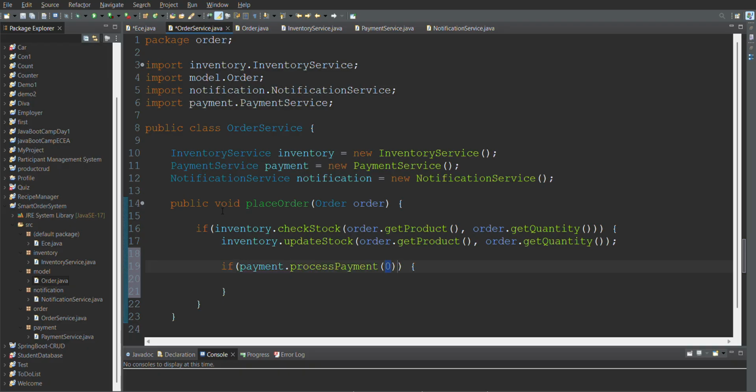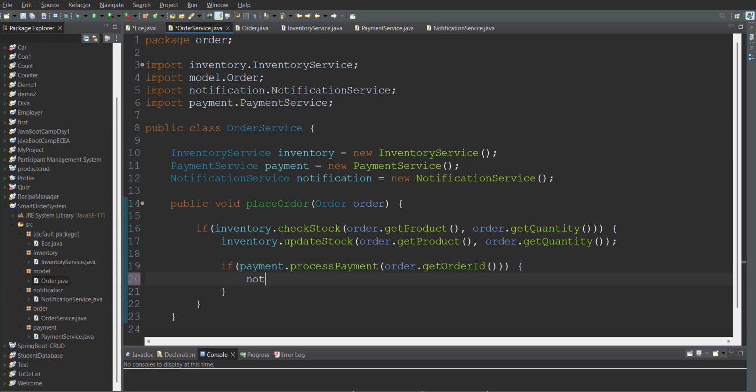Okay, payment dot, we have to process the payment. What are you going to process the payment based upon? The order ID, that is order dot getOrderId. If this condition is satisfied,